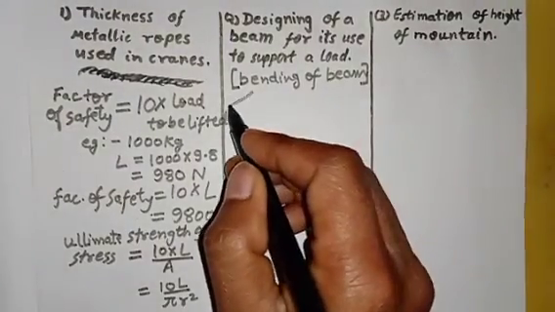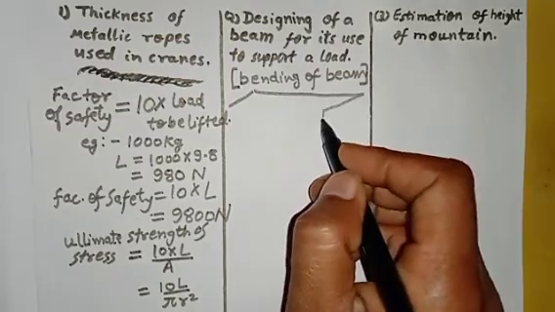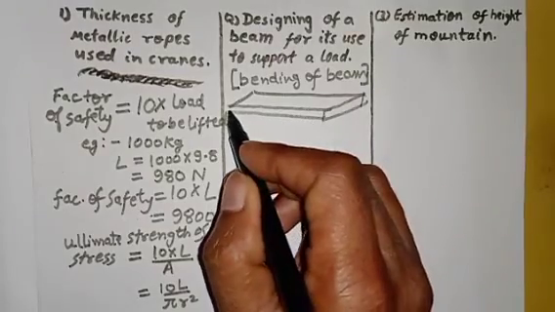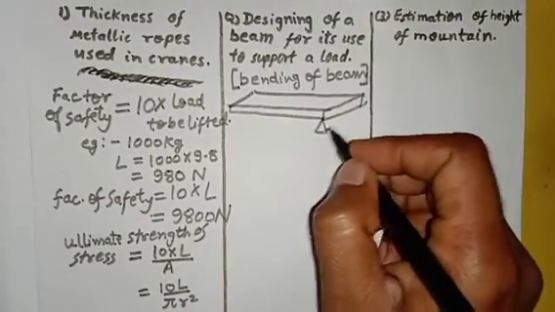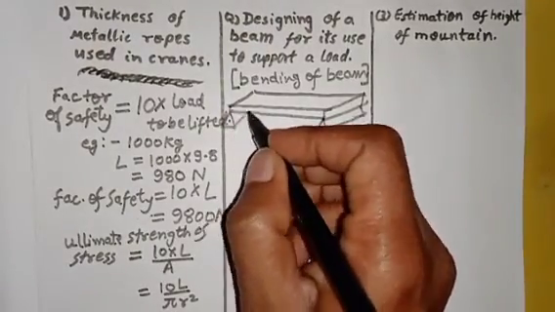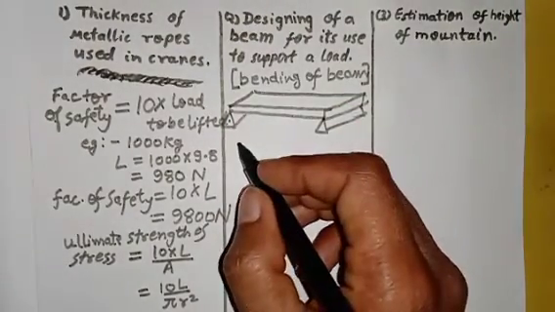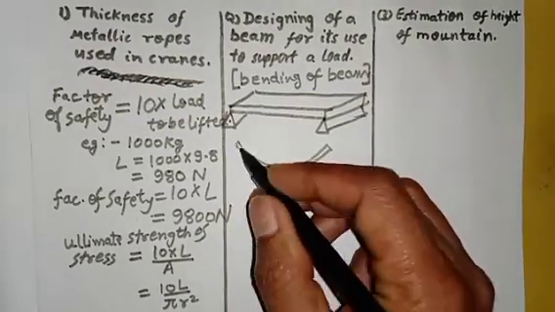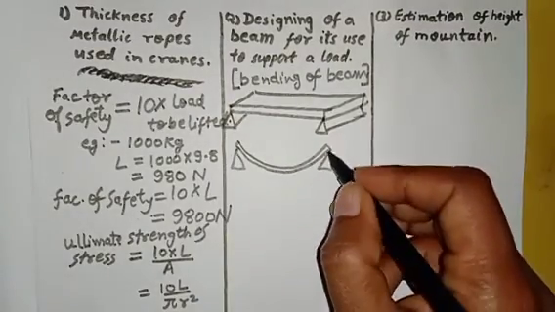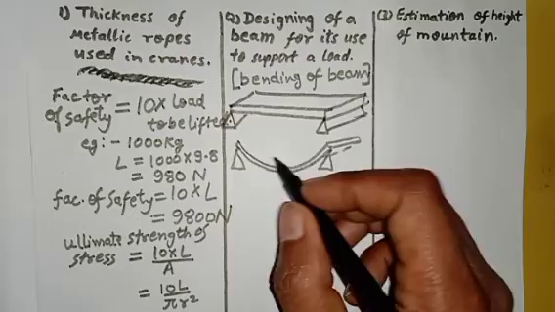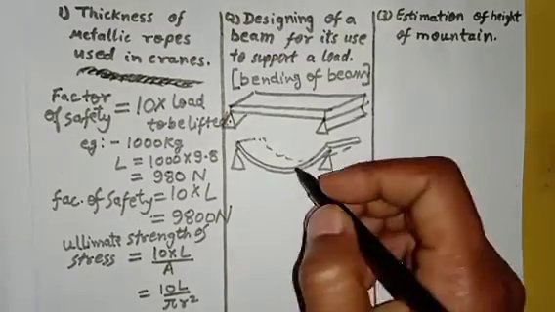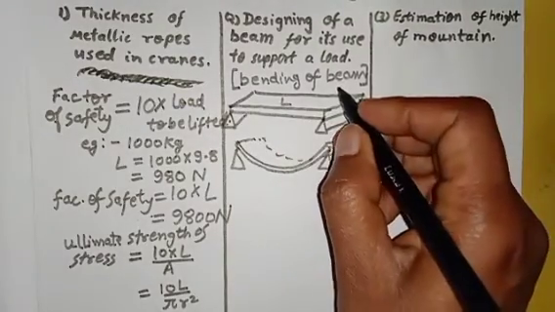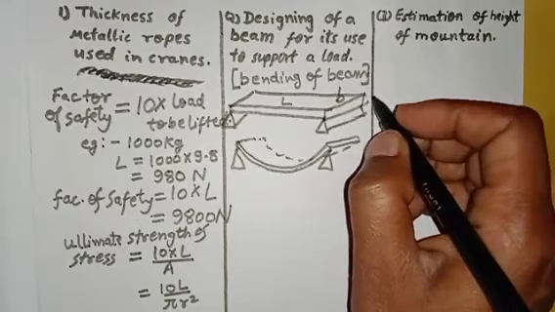So if we have a plank, then it will bend. It is supported on some knife edges. Then it will bend due to its own load. I have shown you, I have bent it heavily to show you the bending. Okay, now let us suppose its length is L, its breadth is B, and its thickness,